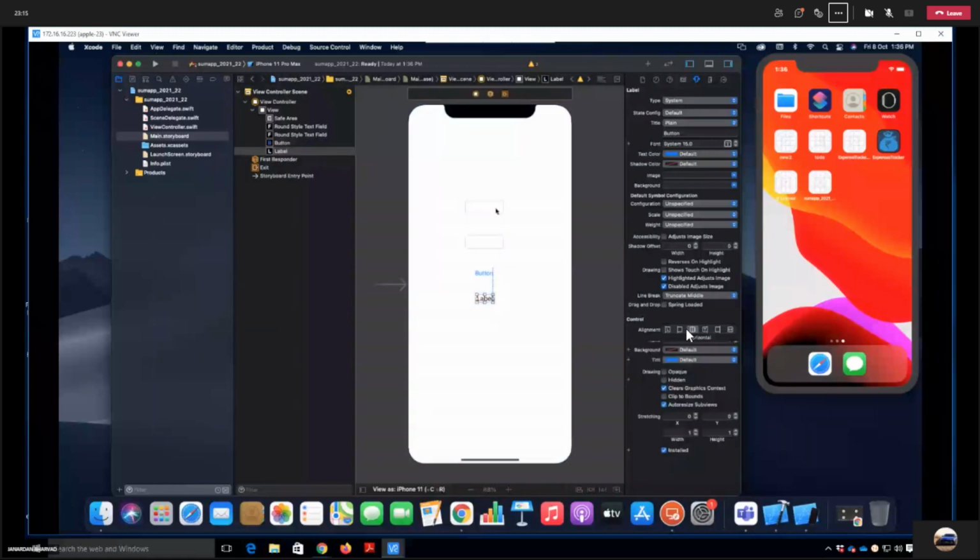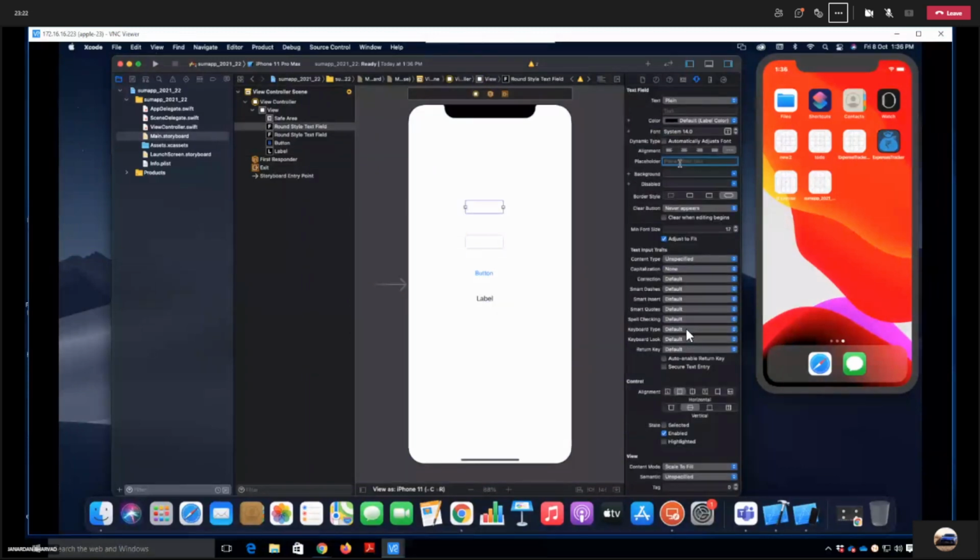Okay, so just like a hint property, we have a placeholder property here. जैसे एंड्रॉइड में हिंट प्रॉपर्टी थी, वैसे ही यहाँ पे प्लेस होल्डर है. So if you want, you can give here the hint, that is enter number 1, enter number 2,